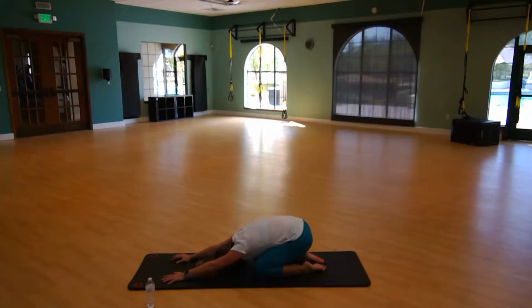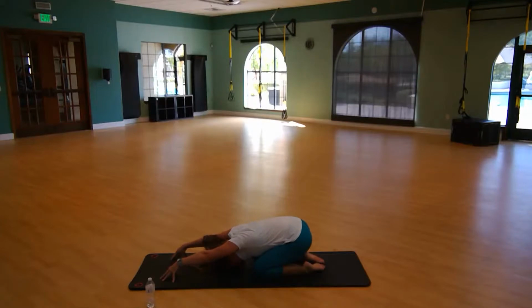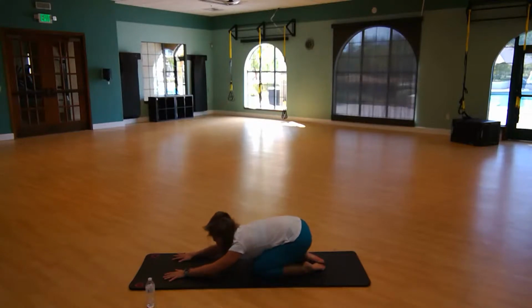Rock it out a little bit, sway those legs side to side. From here, go ahead and tent your fingertips, your palms, so that you're on your fingertips. And lift those palms off the mat. You're just pressing the fingertips down, stretching through the shoulders. Then slowly lower the elbows all the way down, taking it more into the triceps and the back. From here, inhale, come all the way up